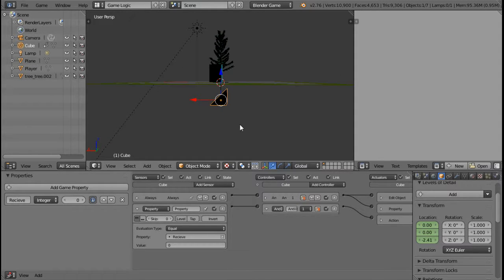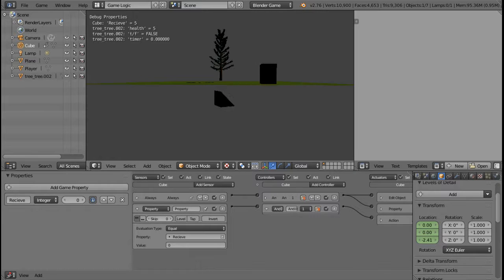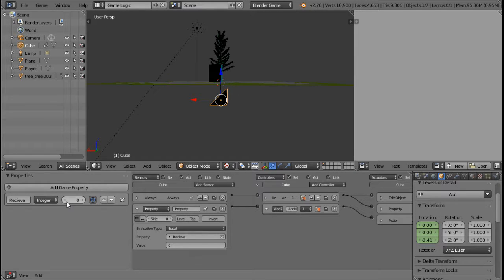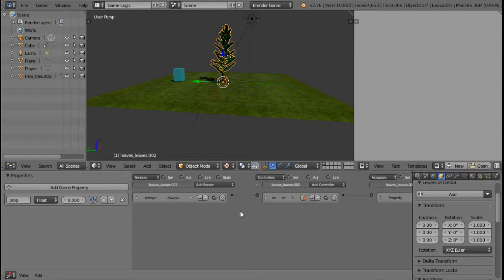The only problem I'm seeing is that this will be too much. Anyways, so with the leaves, we just have to copy this, and then the property